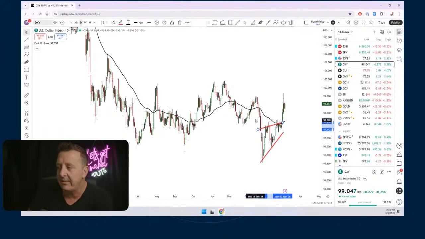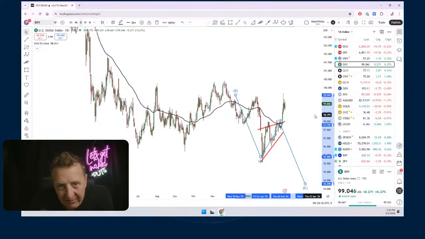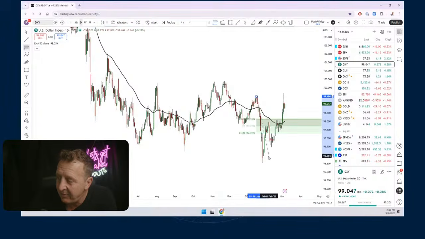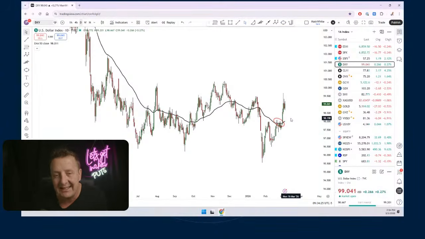At that moment, we could not rule out the bearish continuation pattern where the dollar could have broken down and headed down to like 95 or lower. But we were highlighting the importance of that 50-day moving average, which lined up very well with a 61.8 retrace. And so that was sort of the line in the sand: if things were going to be bearish, then the dollar should stay below these levels and resume its prior decline.